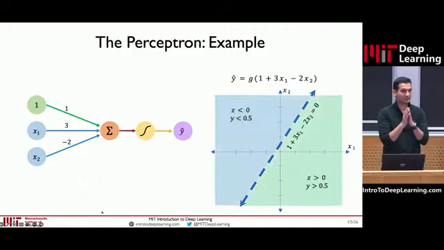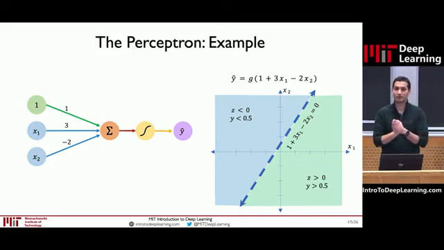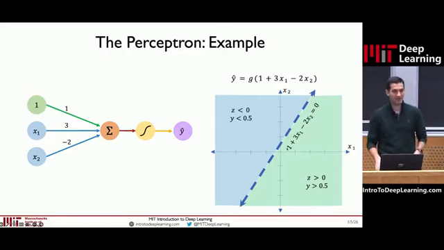In fact, we can actually draw a hyperplane between these two parts of the space and say anything that lies on the left side of the decision boundary will always be negative before the activation function. It will always be less than 0.5 after the activation function, if it's a sigmoid activation. And anything on the right is going to be positive before the activation function. Now, this is really nice and convenient, that we can visualize this trained neuron in this way, that for any input, we can directly visualize exactly where it lives in this decision space. But of course, this is only a two-dimensional space.